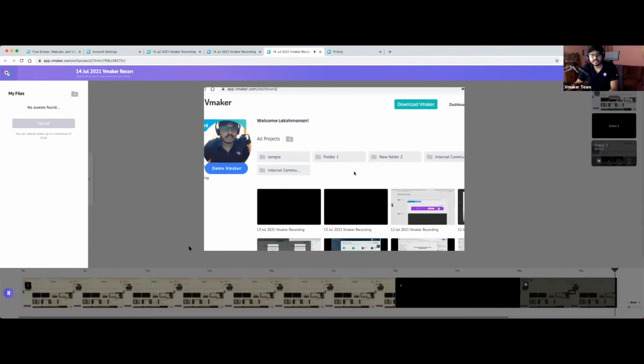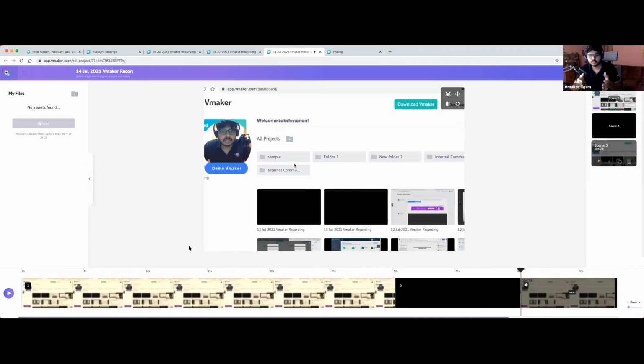So yeah, you can see that I just duplicated it, cropped the portion wherein I need to zoom in, and simply used the resize option in order to show the emphasis. So that is the workaround at this point of time to zoom in and show one particular screen without having to go back and record it again. Yeah, so that's how you can zoom into a certain section.